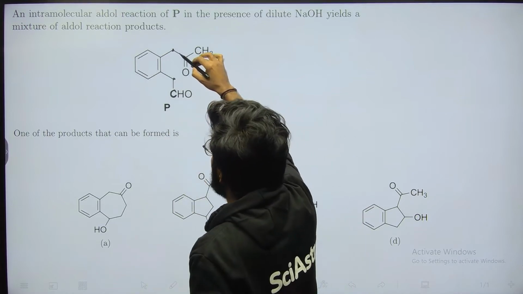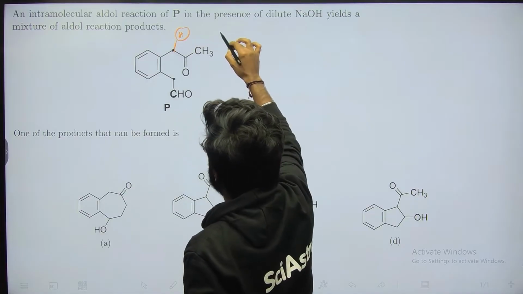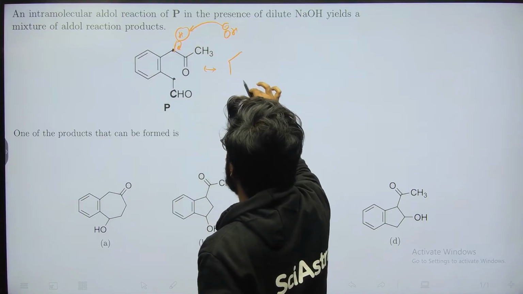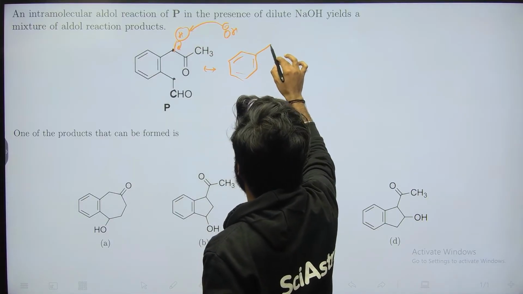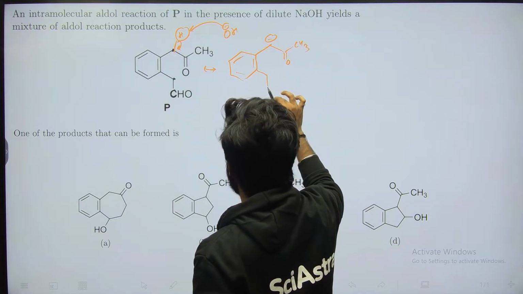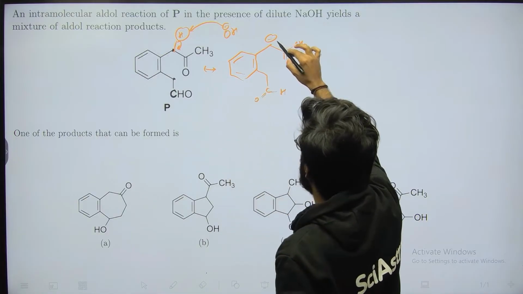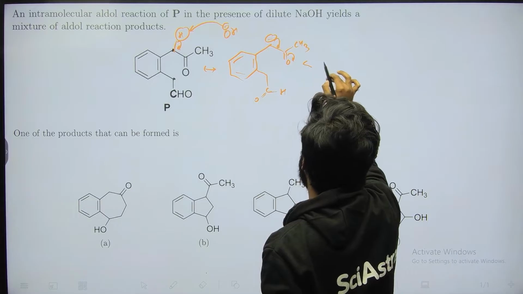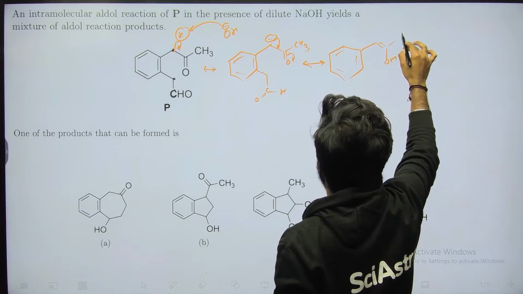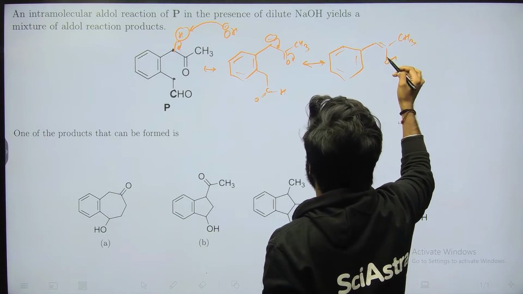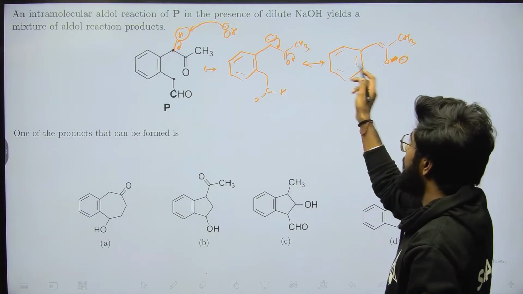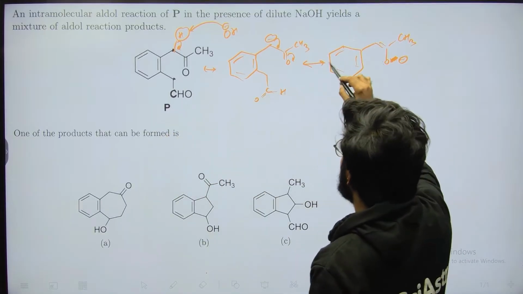So what we will assume, that let's say this OH minus comes and abstracts a proton from here and forms an enolate like this. Now we know, let me just open this up. Now we know that this will be in resonance with this particular enol form, right? We know that. And then obviously this is basically O minus, right? So these two actually play with each other, right? So the major reactivity is through this one.